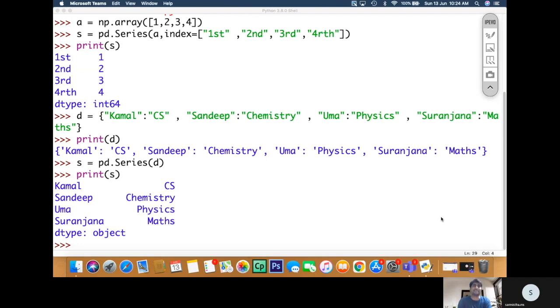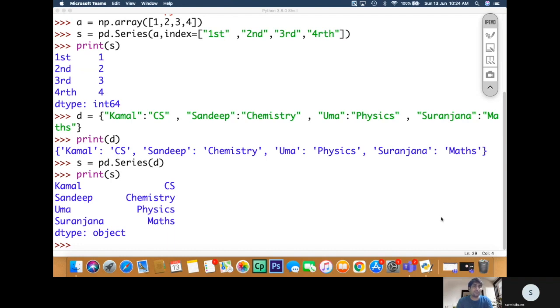So the label of the series designates such a thing. The label, the index, is very important as far as we are considering accessing the elements within the series. Accessing the elements within a series needs its label. So to uniquely access the data values of the series, one must use unique label names. If the label names are ambiguous, if two data values have the same index, what will happen? There will be ambiguity, there will be confusion.